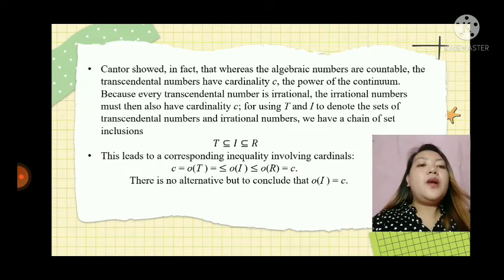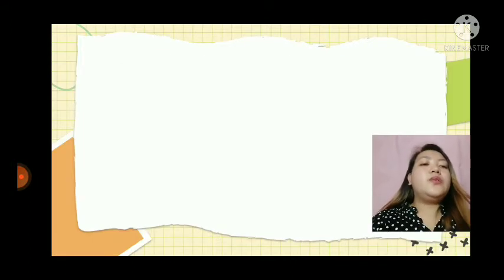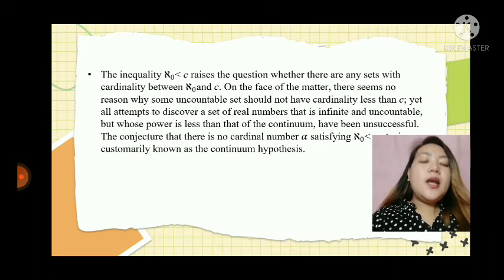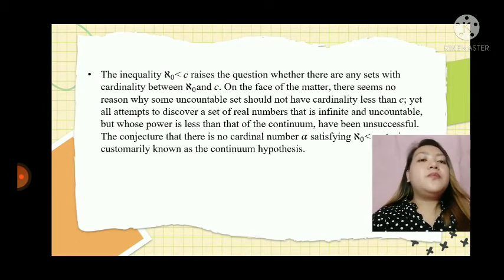These lead to a corresponding inequality involving the cardinals: C equals |T| is less than or equal to |I|, which is less than or equal to |R|, which equals C. There is no alternative but to conclude that |I| equals C. The inequality Aleph sub 0 is less than C